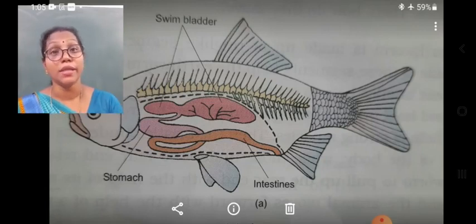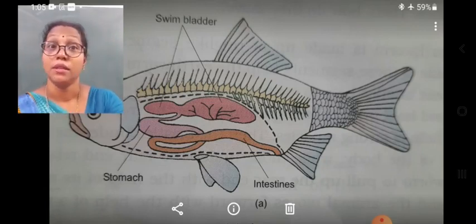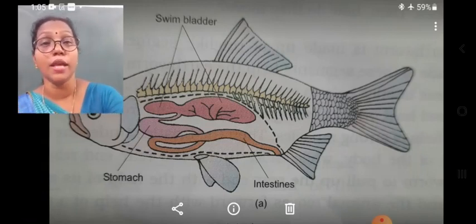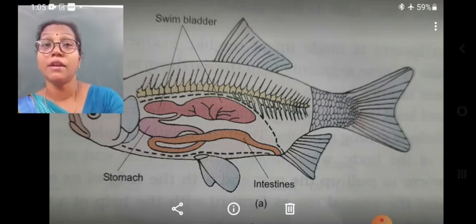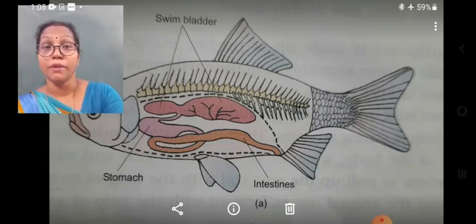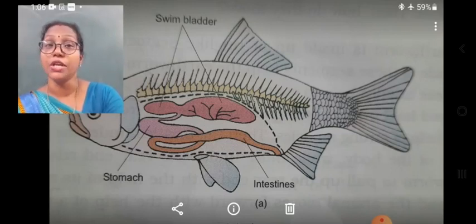In addition to all these adaptations, we know that the fish have a streamlined body, with a pointed front part of the body, that gives little resistance to water. This shape reduces friction in the water, and the fish can pierce through the water easily and swim easily. The eyes are covered with a transparent membrane that prevents injuries from water and also protects the eyes of the fish.